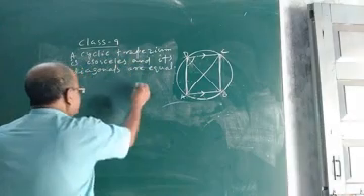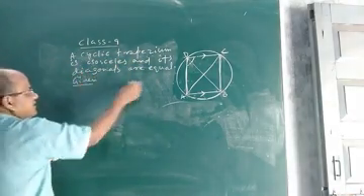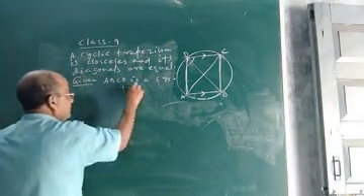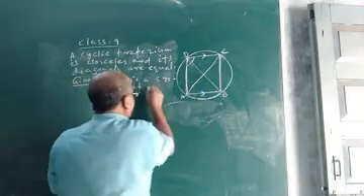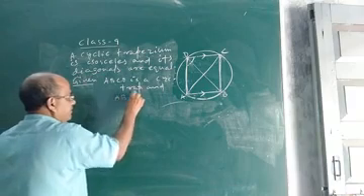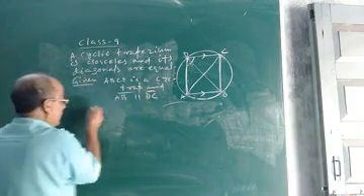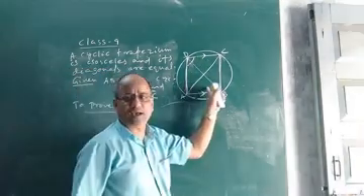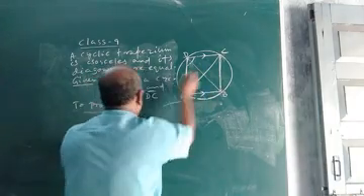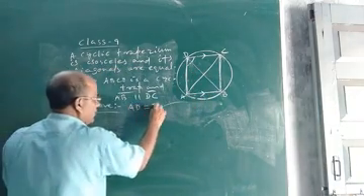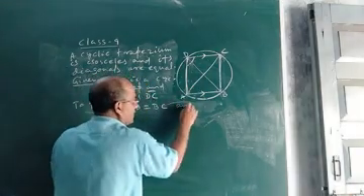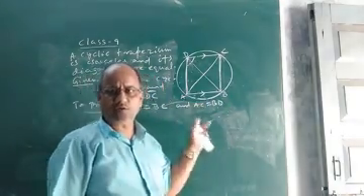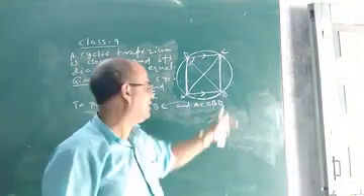Now, what is given here? It is given that ABCD is a cyclic trapezium, and AB is parallel to DC. Now what will we prove? We will prove that ABCD is isosceles. That means we have to show these two sides equal, that is, AD equal to BC, and the two diagonals are also equal, that is, AC equal to BD. Now see children, how can we show that the non-parallel sides of the cyclic trapezium are equal and the two diagonals are equal?